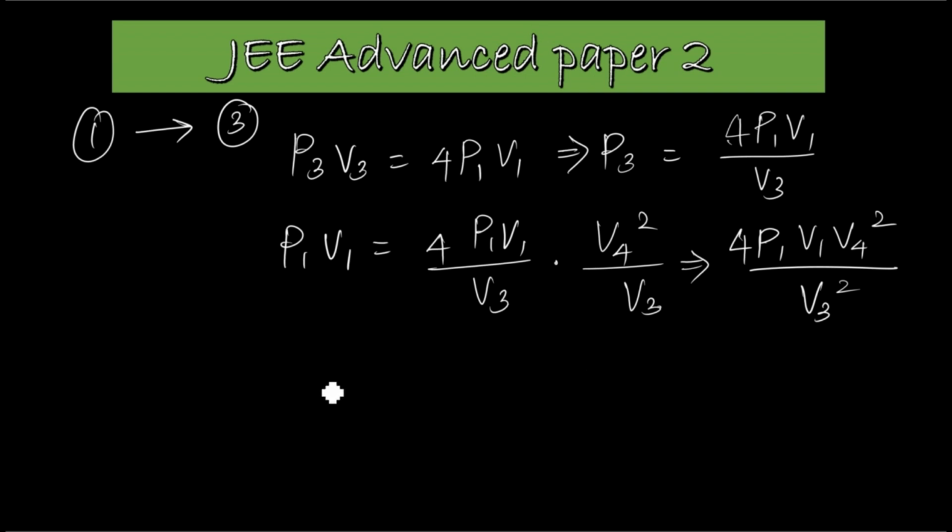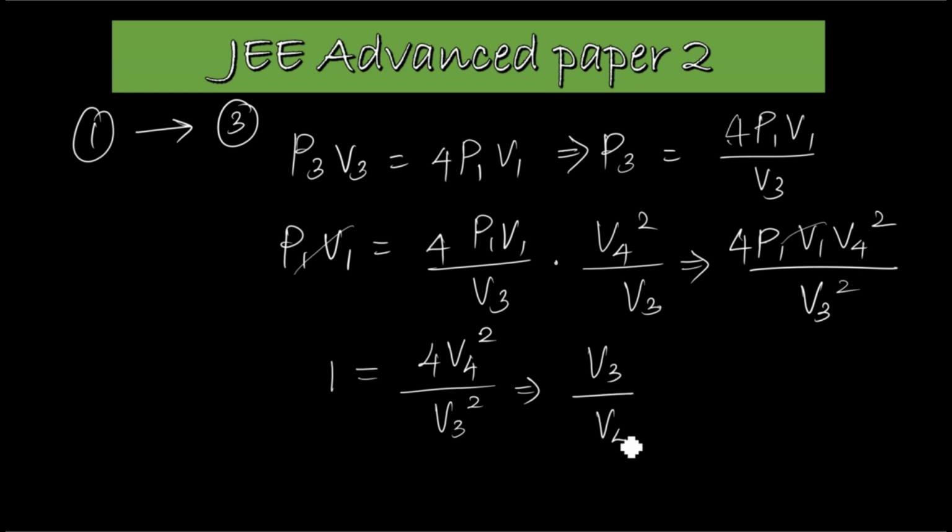So in that case the whole P1 part will get cancelled out. Remaining 1 is equal to 4 V1 V4 square by V3 square, which gives V3 by V4 equal to 2. By solving this equation I am getting 2, which means that